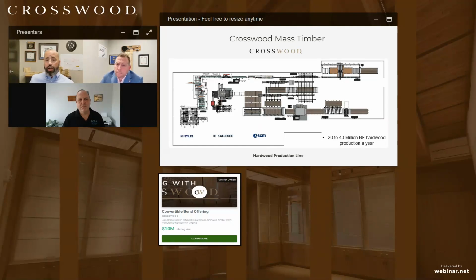For us, as we evaluated some of the testing that we've had done on the yellow poplar species, and really looked into how we can maximize both the efficiency of our production line and get the most yield out of the yellow poplar lumber that we're going to be utilizing, that's really where it came into choosing 10 foot.